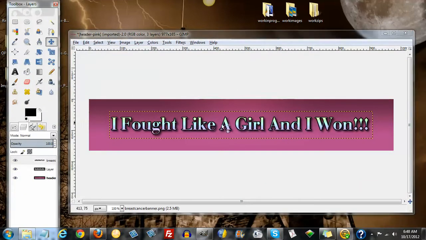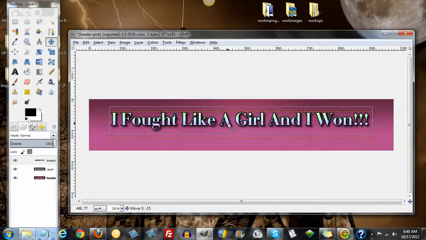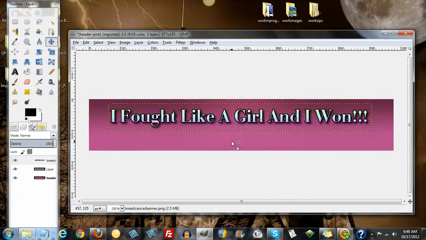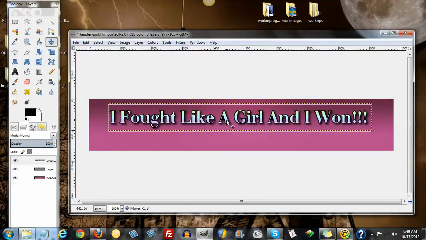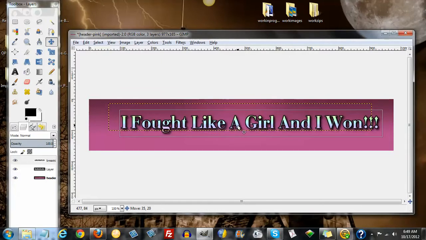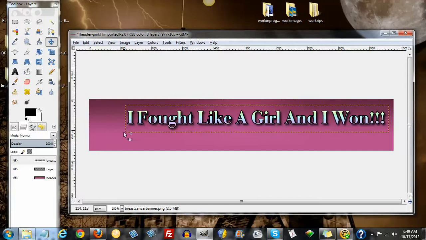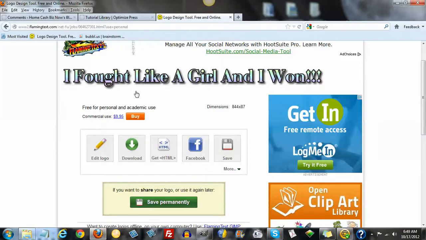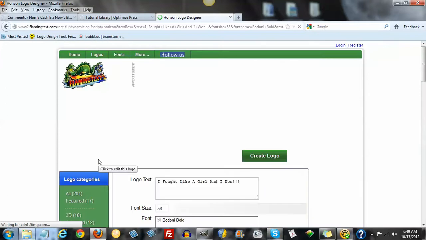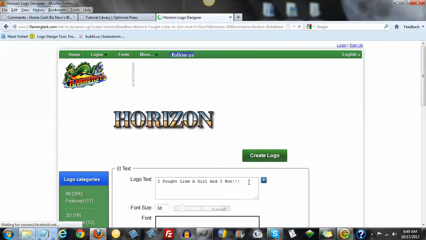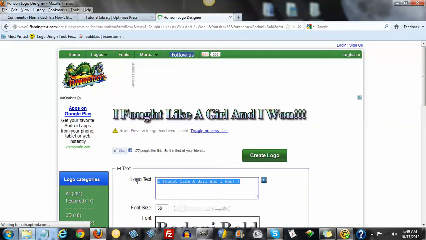Click on the Move tool. Position that wherever you want. I'm thinking, now I ain't gonna take the time to do this today, but I'll probably hang like a pair of pink boxing glove ribbons here. And then we are going to go back to, because we want to keep that same font style, that same color scheme,